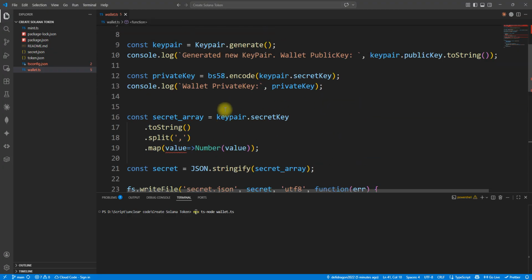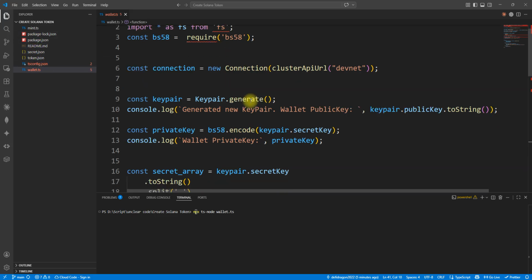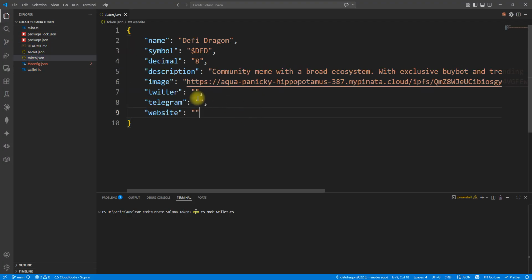If you want to create a token on the mainnet, then you have to change the environment. Let me show you how. The first step is your token metadata. What we have to do is write here the name, symbol, decimal, and description, and before that you have to upload your image